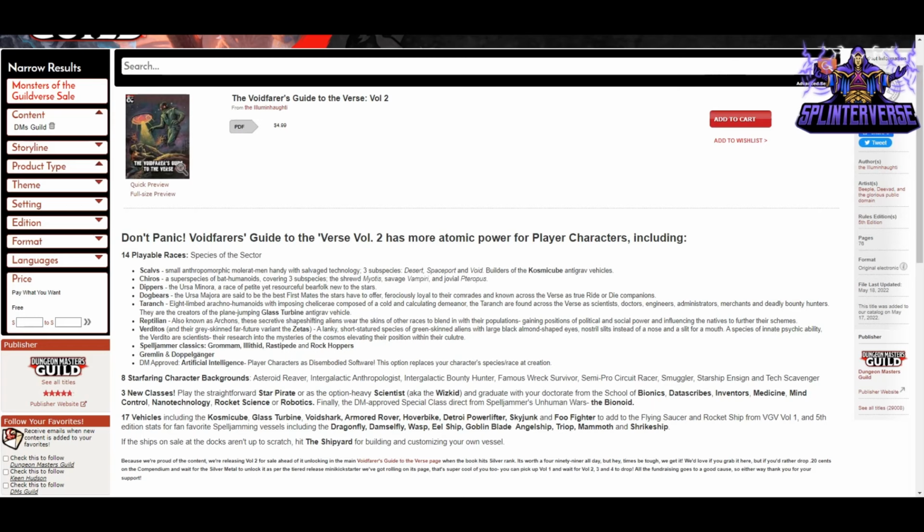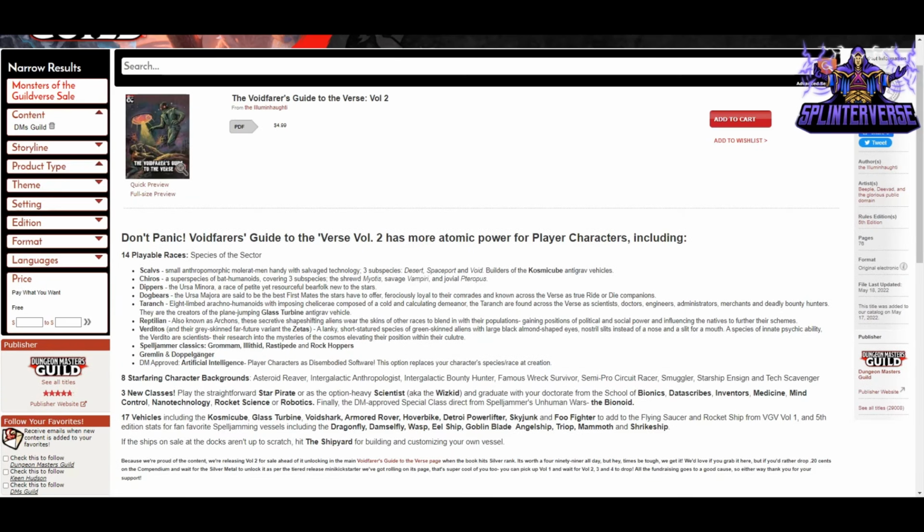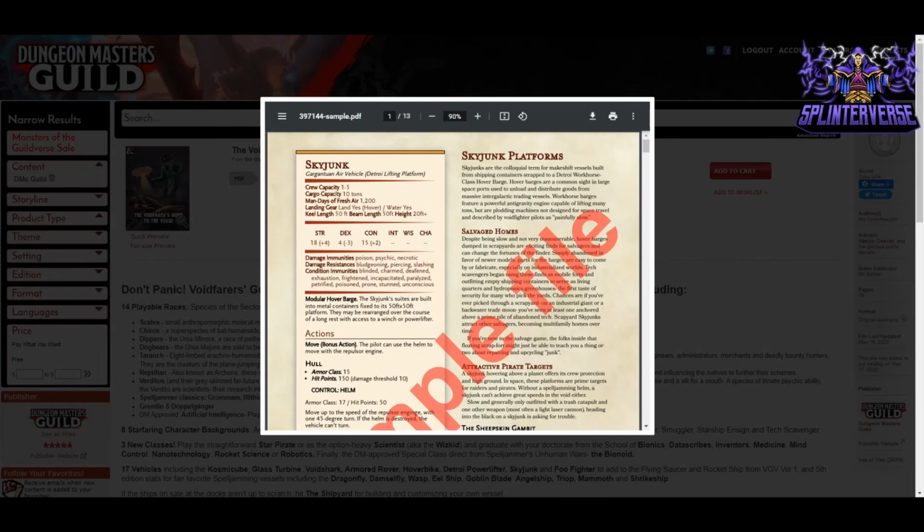So it's 14 playable races, including the Scalves, a small anthropomorphic mole rat, men handy with salvage technology with 3 subspecies. And then there's 8 starfaring character backgrounds, such as the Asteroid Reaver, Intergalactic Anthropologist, and more. Then 3 new classes, such as Star Pirate, Scientist, etc. And then 17 vehicles. So lots of stuff for you if you're playing modern or a sci-fi version of things,